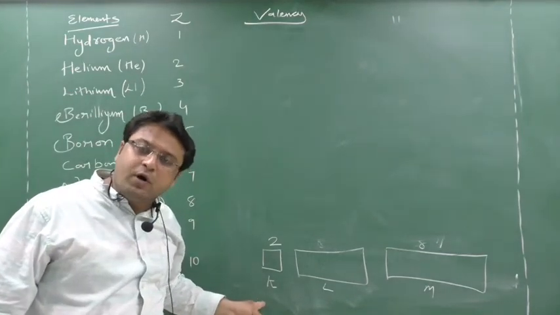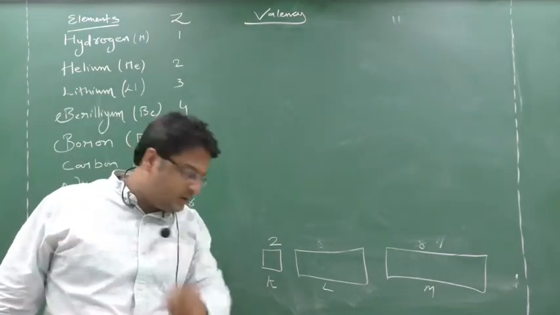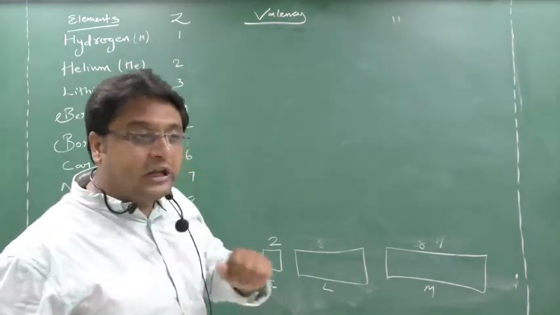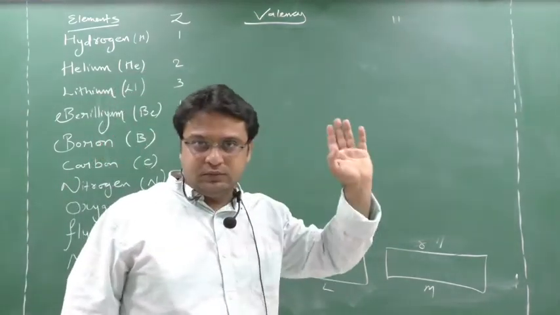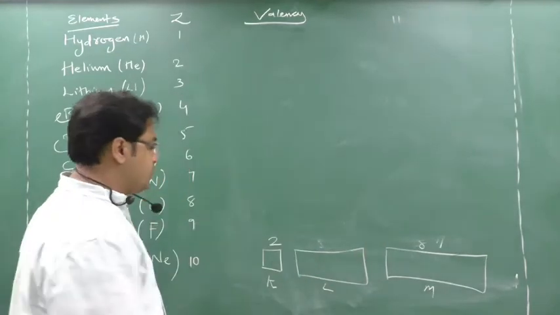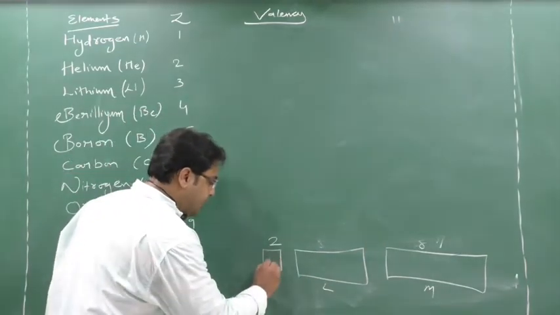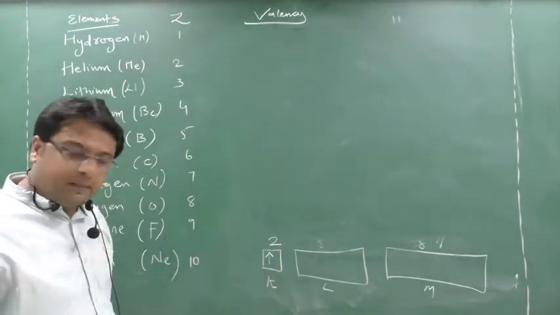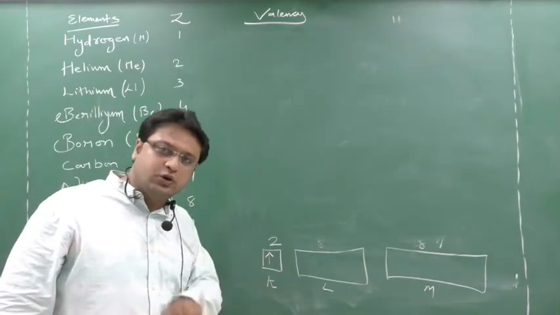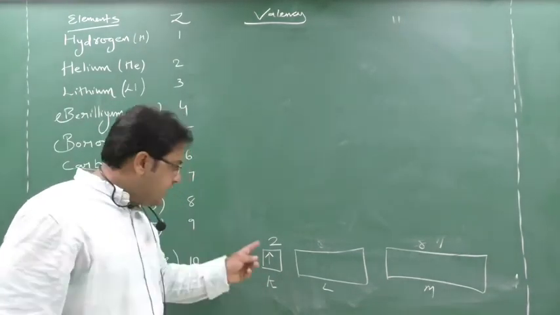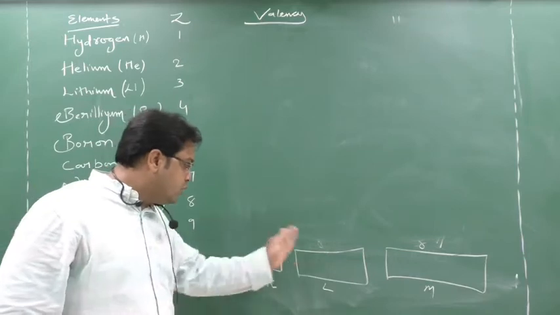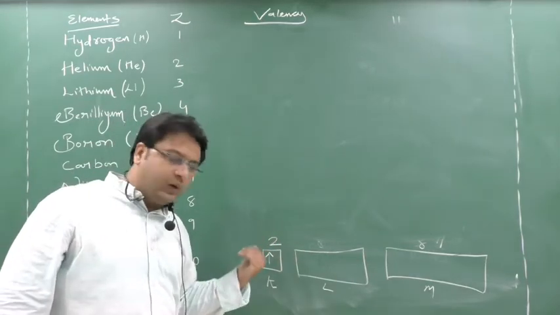In this first room, how many persons will come? 1 person. Will he give the room? No. What will he tell? Either you go or you bring 1 more, because there is 1 person here, no? Here how many persons are there? 1 person. But he requires how many? Either 2 or 0. This is the story, no? Either you go or you bring 1. If he goes, 0. If you bring 1, 2.